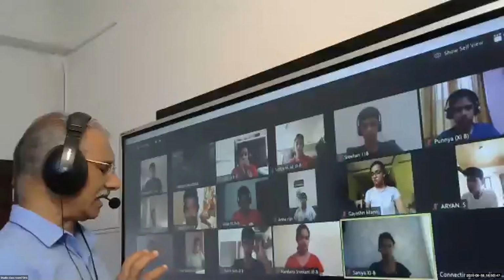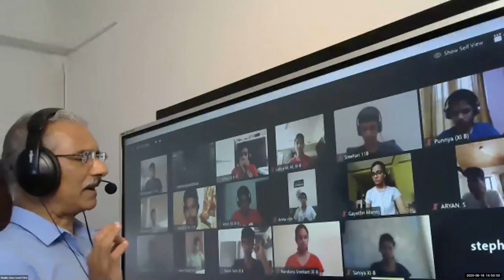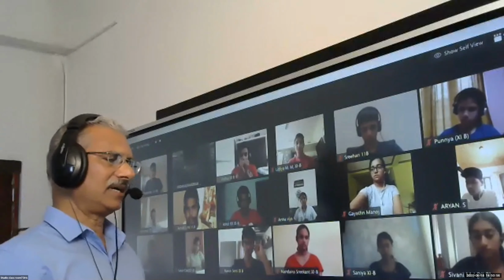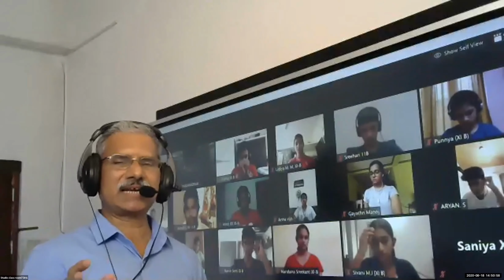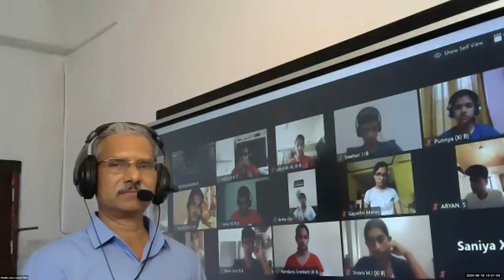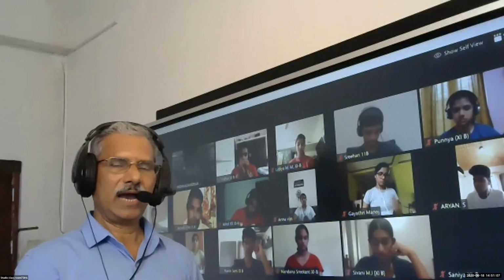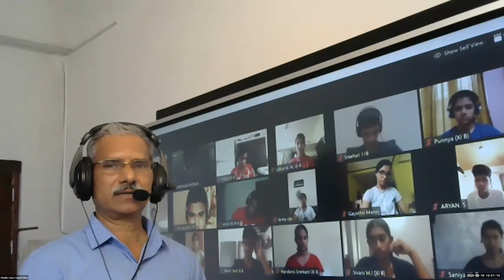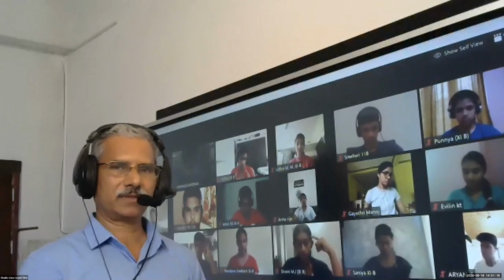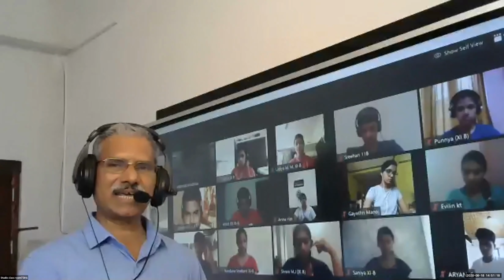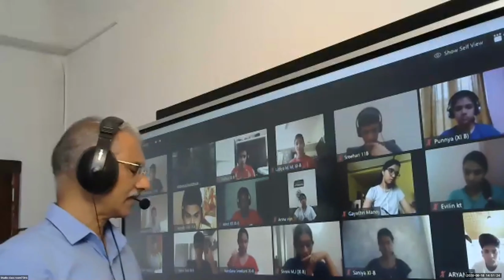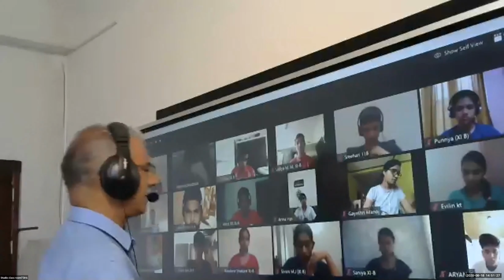We know the three quantum numbers are the principal quantum number, small n, the azimuthal quantum number, or the subsidiary quantum number, or the secondary quantum number, shown by small l, and the magnetic quantum number, that is ml, or simply m. So these are the three quantum numbers by which we can characterize an orbital. Let us see what they are in detail.